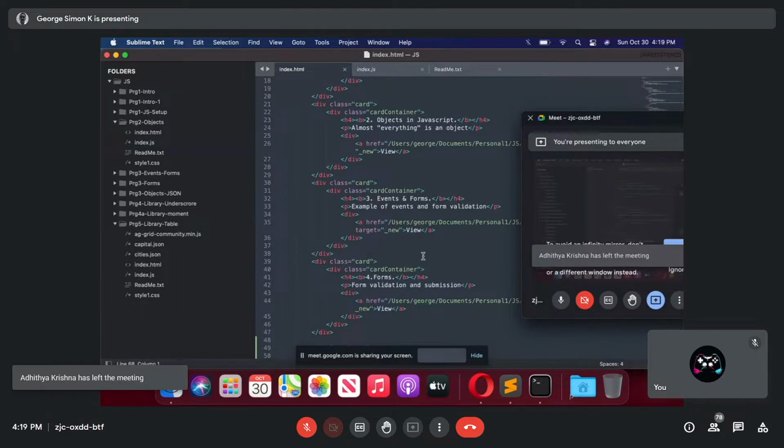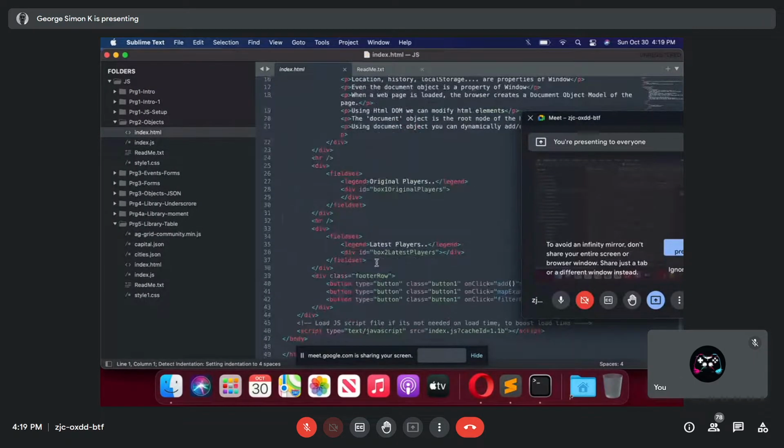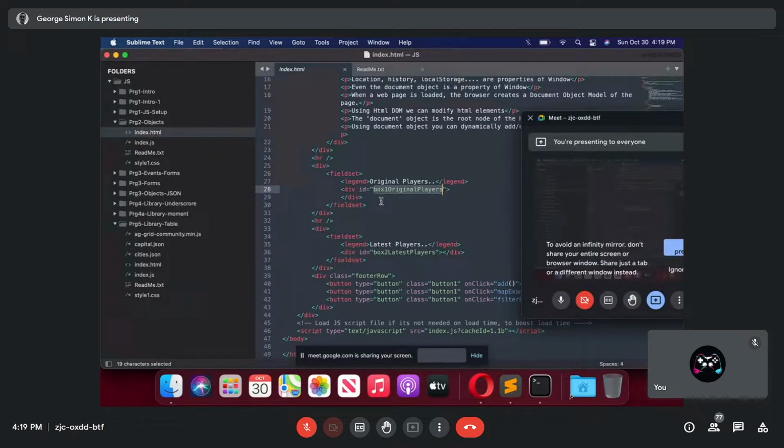In this, you have to make sure that the ID of the element is unique. If I have another element with the same ID, only the first one will be taken. That is the reason I said the ID should be unique. Unlike C or Java, it won't give any error if you keep the same ID multiple times. But when the page gets loaded, you may not get the appropriate result. So make sure the ID is unique.